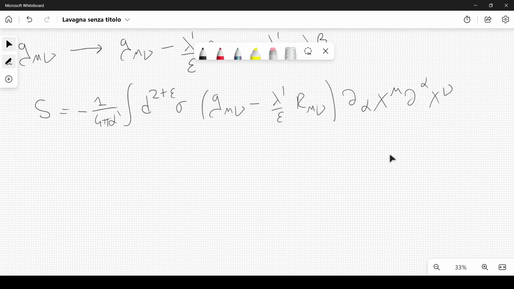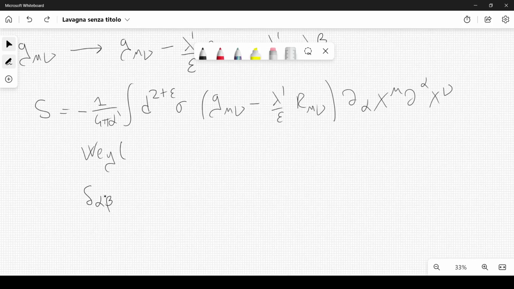Now let's make a Weyl transformation. Remember the Weyl transformation. So we change from the metric delta alpha beta. Remember that we are using the metric delta alpha beta instead of the Lorentz metric eta alpha beta because we have changed the coordinates. So we are using i tau and sigma. We can use this metric.